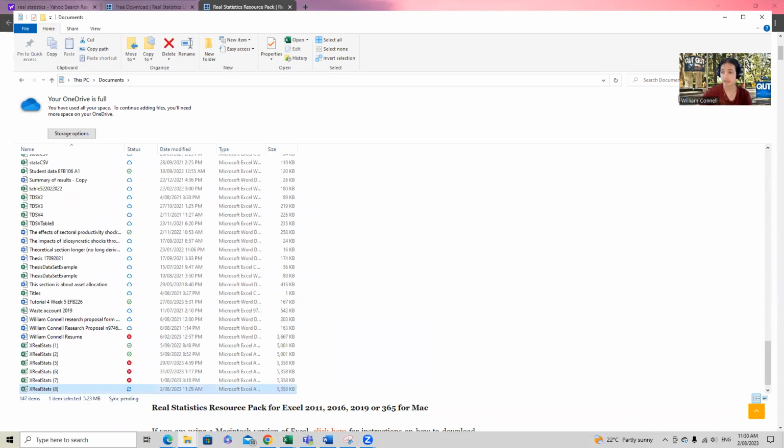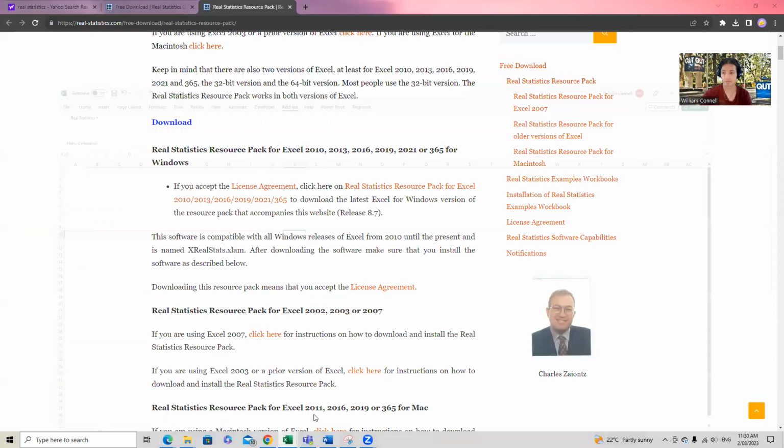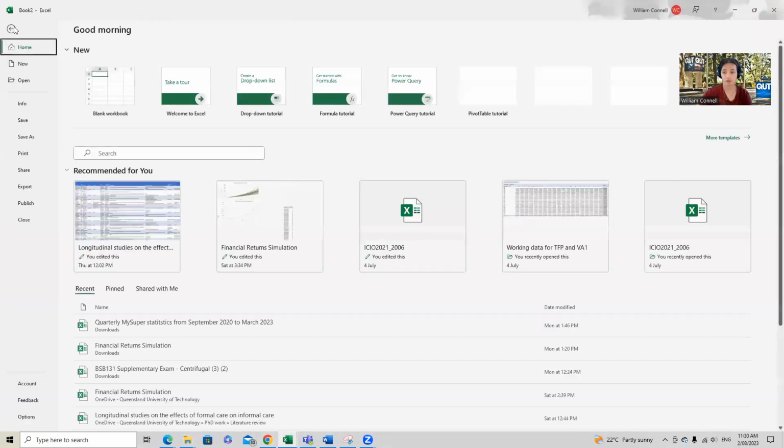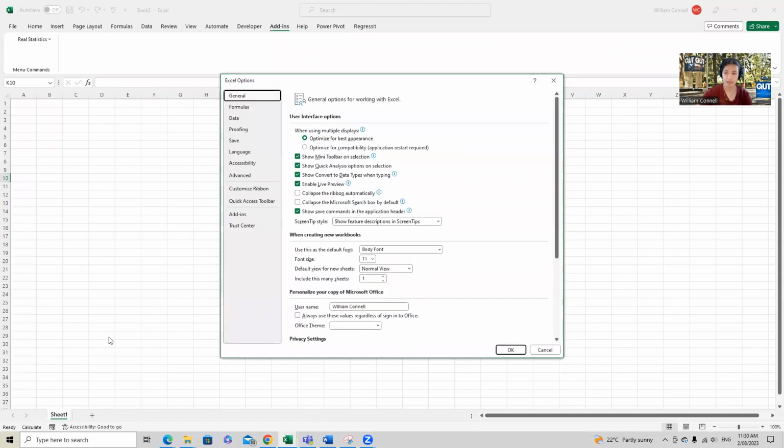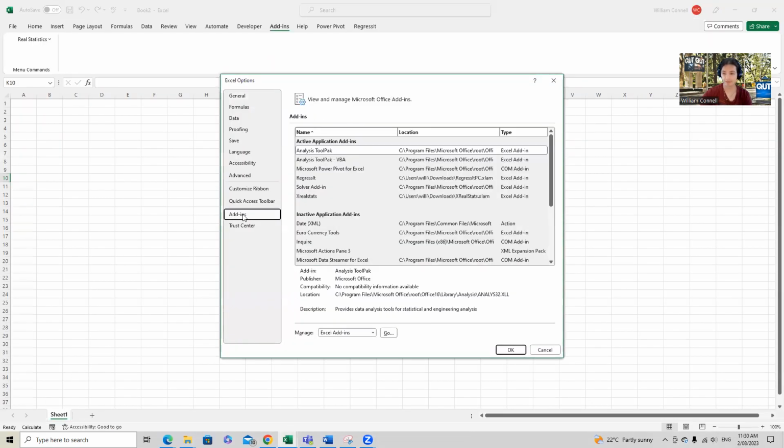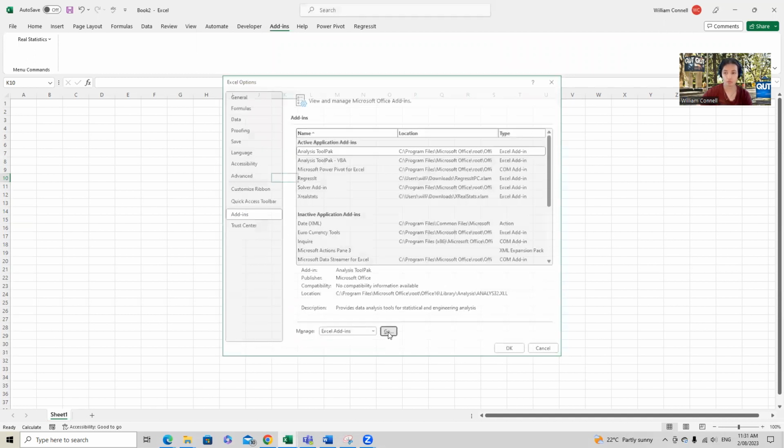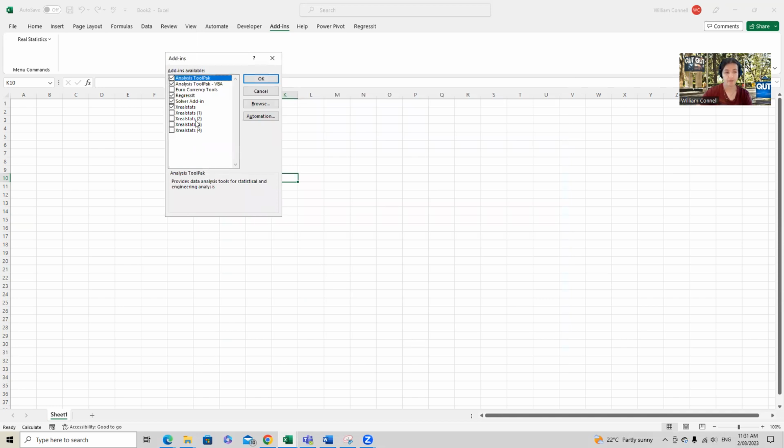Okay. Now, once you've done that, navigate over to Excel, right? You're going to select File, down here to Options, and then we're going to select Add-ins. Once you've got add-ins open, select Go. And then we need to make sure that Solver Add-in is selected. And Real Statistics is not going to show up here as an option for you. But if you go to Browse,